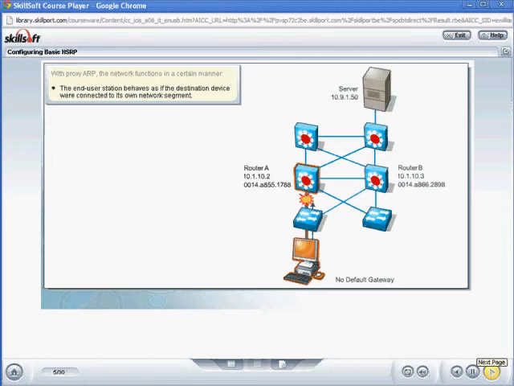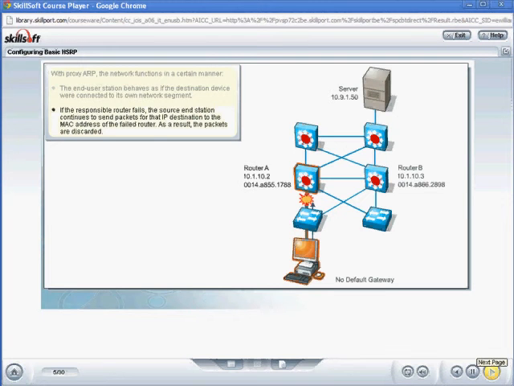The end-user station behaves as if the destination device were connected to its own network segment. If the responsible router fails, the source end station continues to send packets for that IP destination to the MAC address of the failed router. As a result, the packets are discarded,